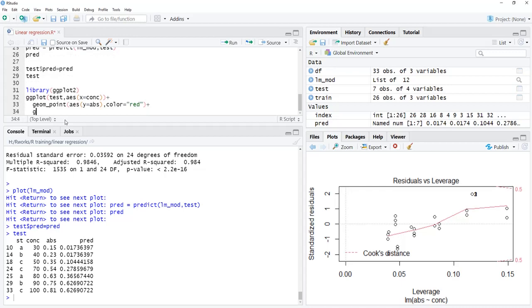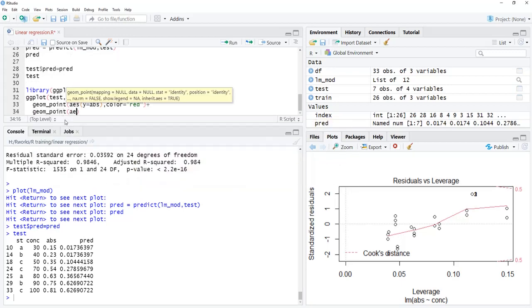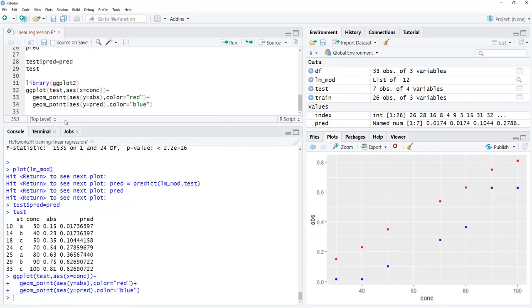And for predicted values, geom_point again, and aes y is equal to pred, color will be blue. And when we run that, we can see that these red are actual values and blue are predicted values.